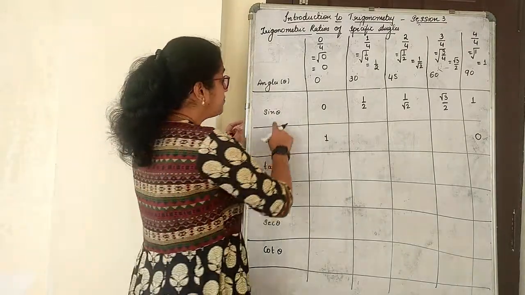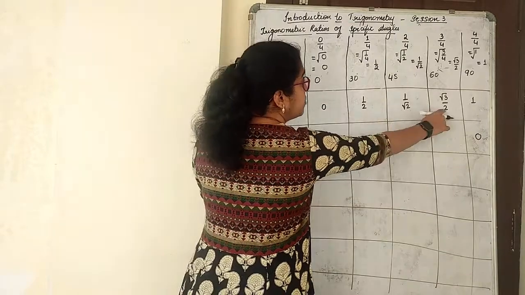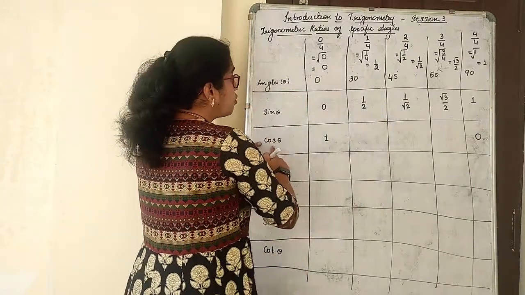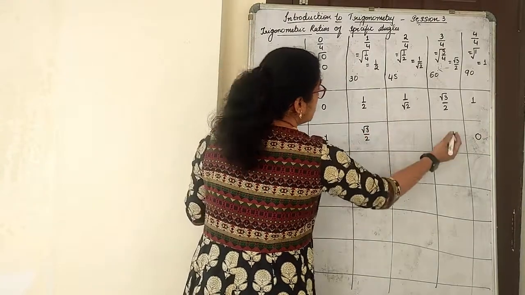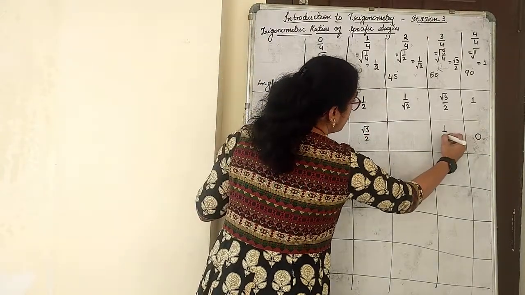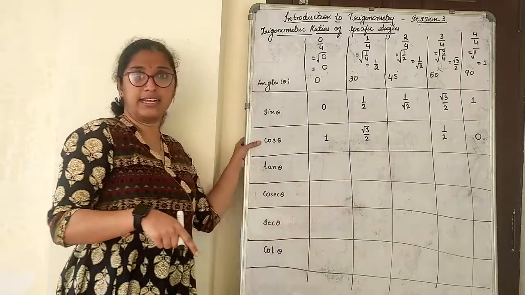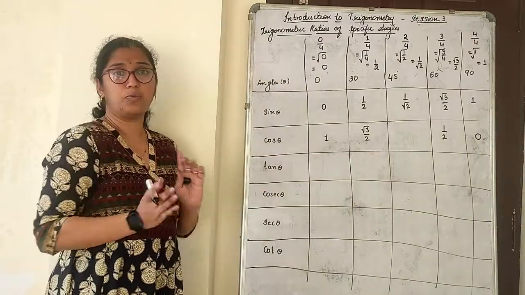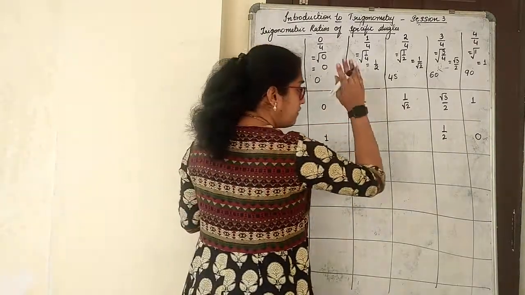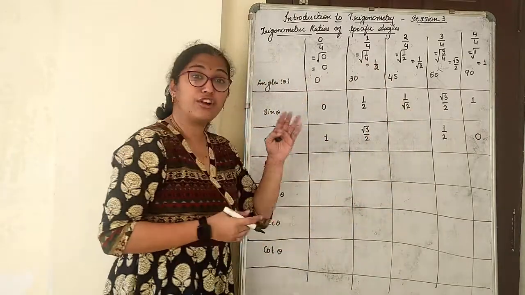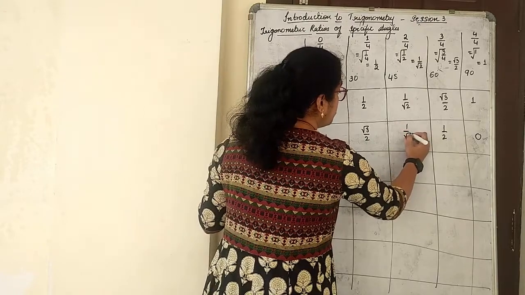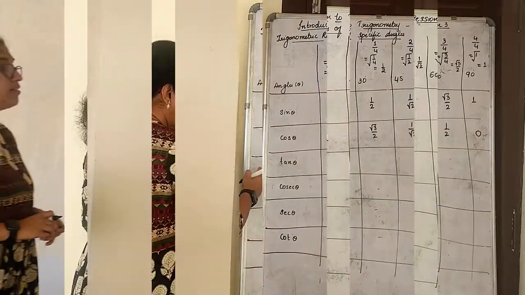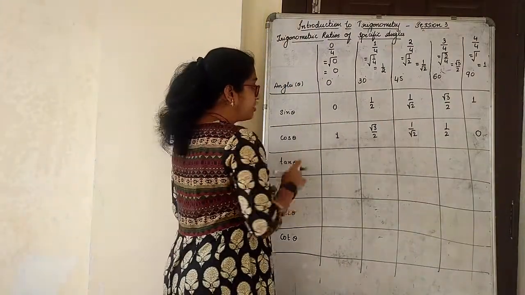Okay. Then sin 30 is 1 by 2, sin 60 is root 3 by 2. So cos 30 will be root 3 by 2 and cos 60 will be 1 by 2. That's the answer. It's exactly what we have written, just opposite. 45 will always be the same because 45 is in one triangle only. 1 by root 2. No change in 45. So now sine and cos is done.